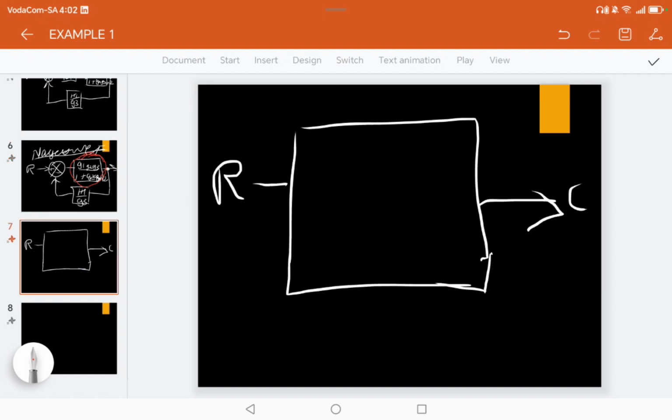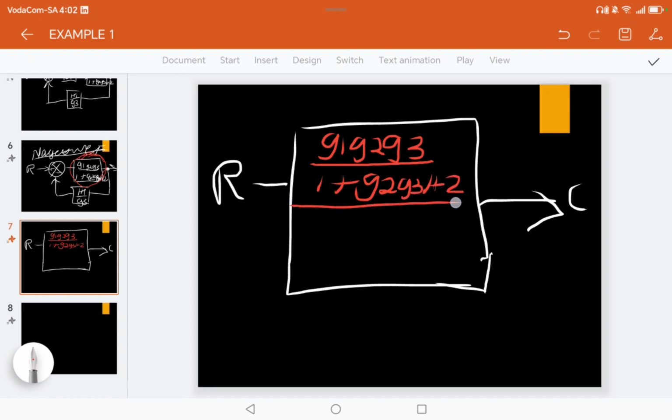Now we're going to say G1, G2 and G3, divided by 1 plus G2, G3, H2, divided by 1 plus